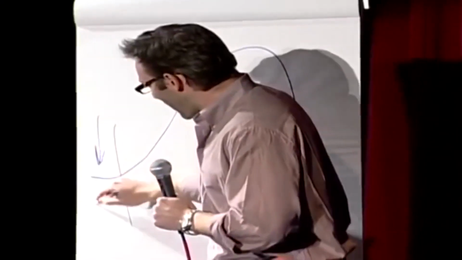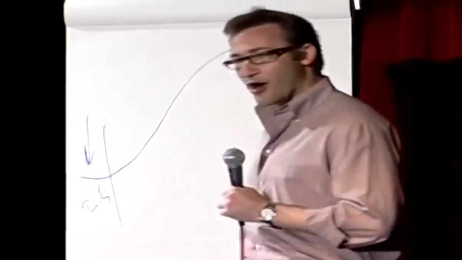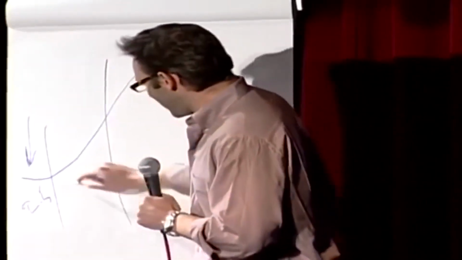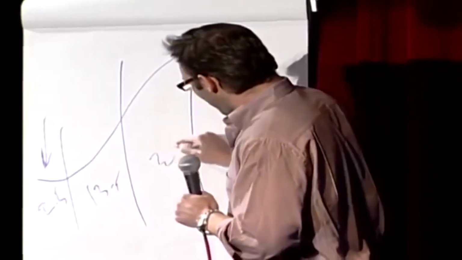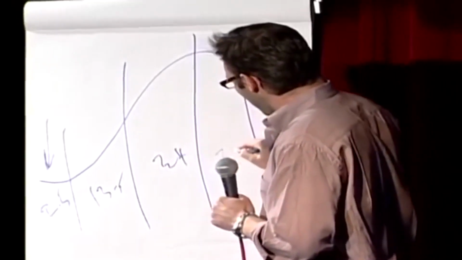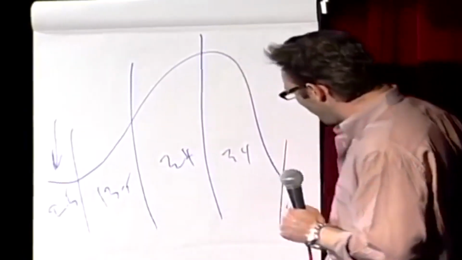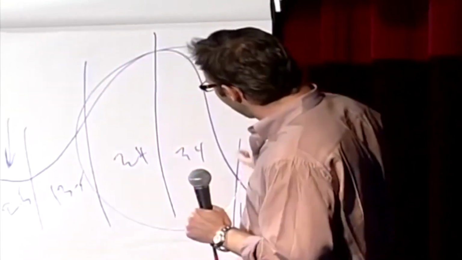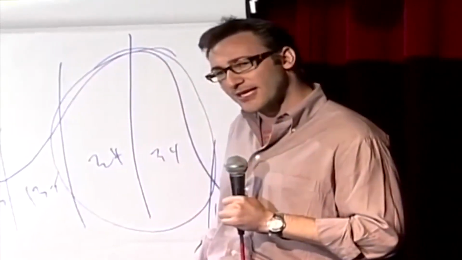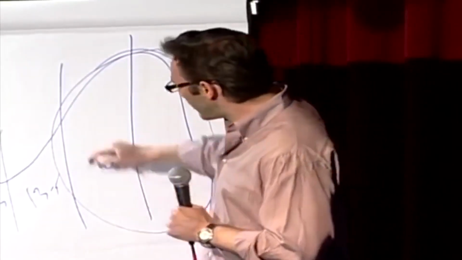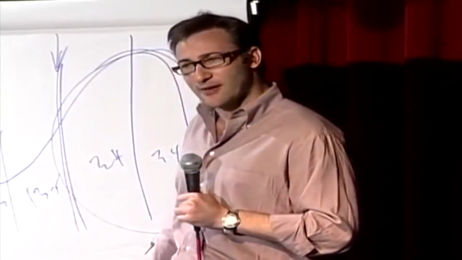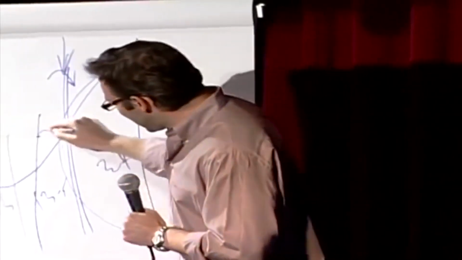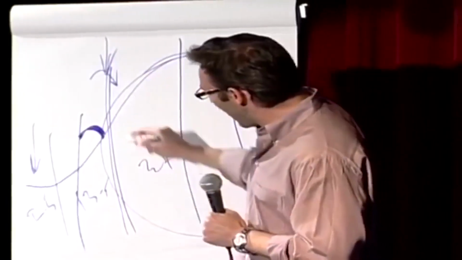Something called the law of diffusion of innovation. The first 2.5% of our population are our innovators. The next 13.5% of our population are our early adopters. The next 34% are your early majority, your late majority, and your laggards. If you want mass market success or mass market acceptance of an idea, you cannot have it until you achieve this tipping point between 15 and 18% market penetration. So it's this here, this little gap that you have to close.